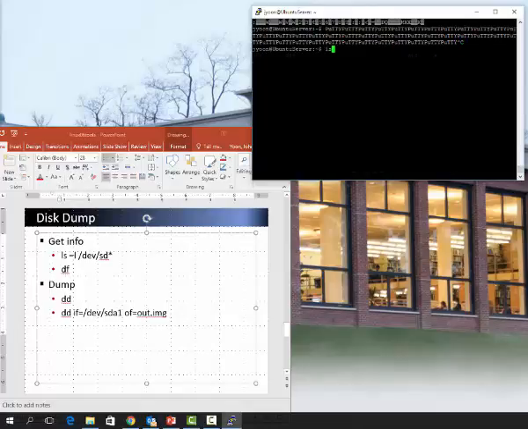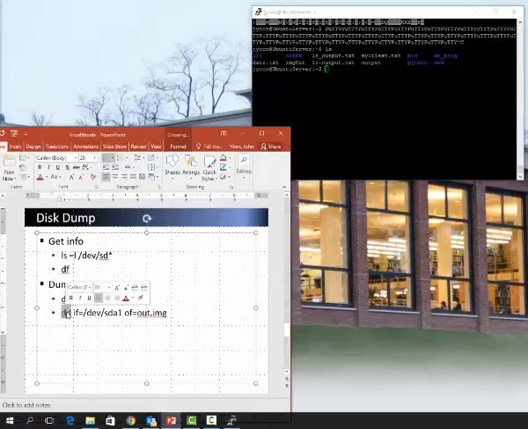Okay, which is not good. When do we use this DD command? Disk dump. The DD command is good for forensic investigation. Okay, you know that, for example,